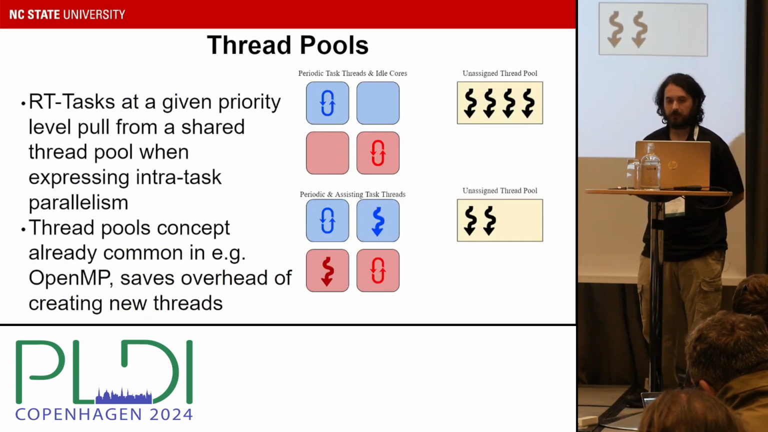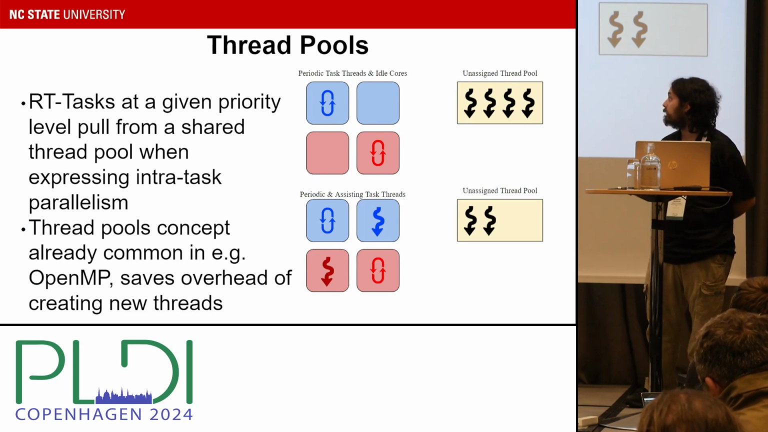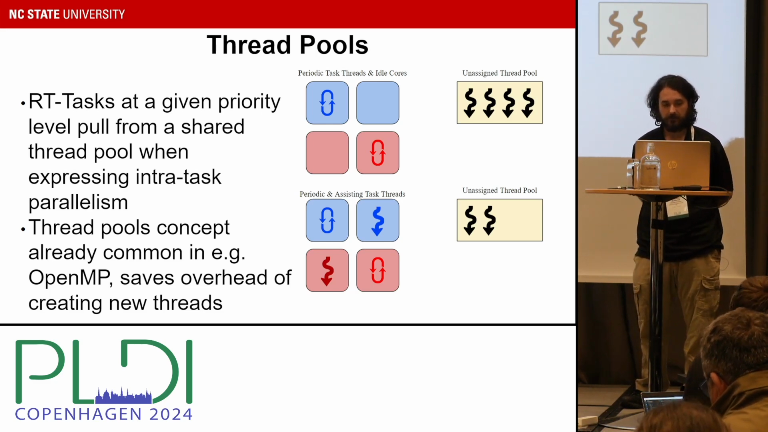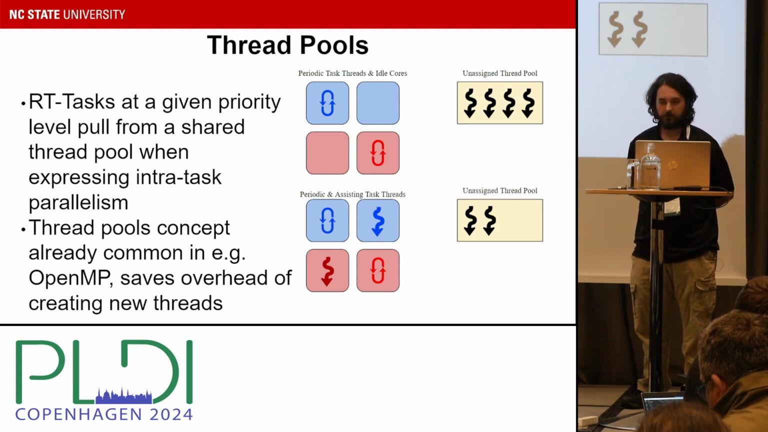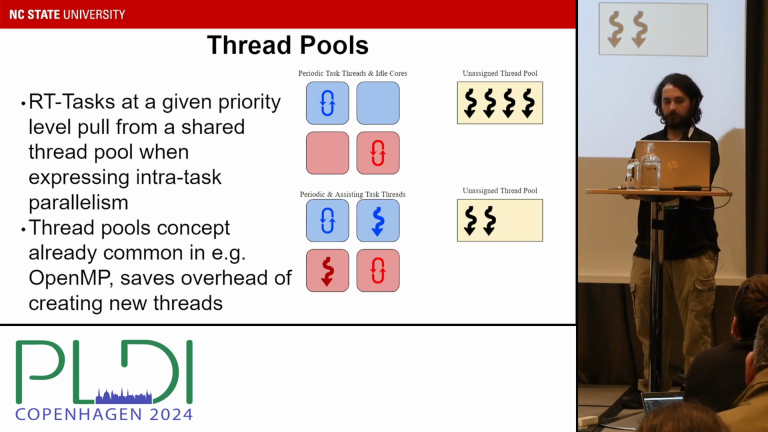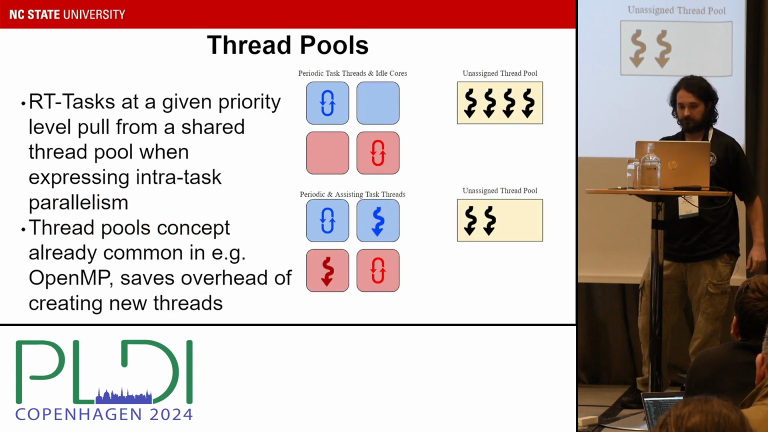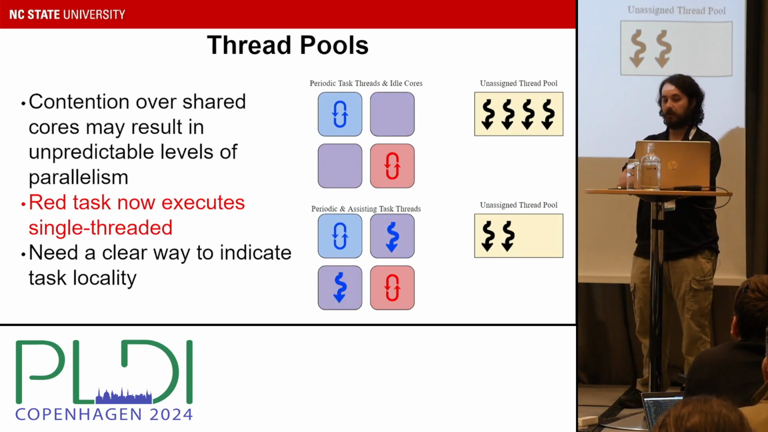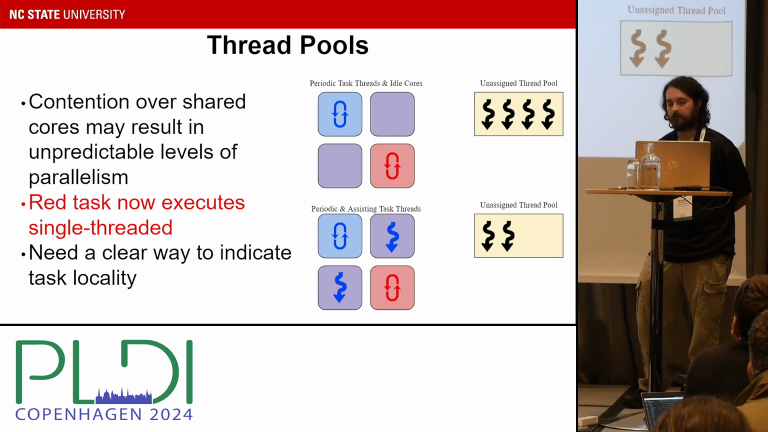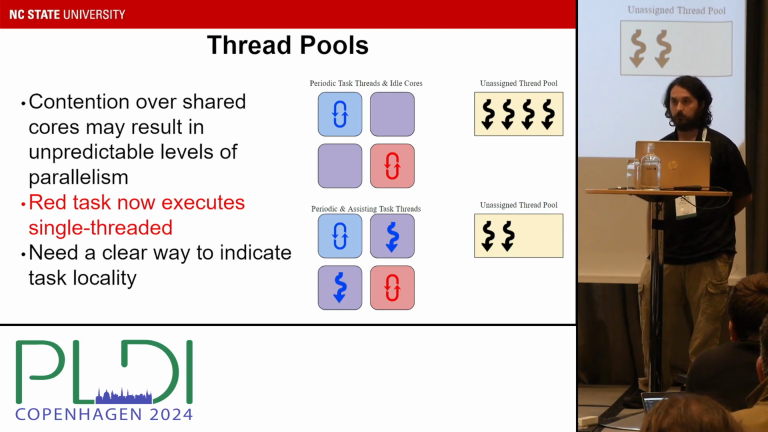To express how the thread pools work, RT tasks at a given level of priority pull from a shared pool of threads. The size of this pool of threads is determined at compile time. Thread pooling does already exist in OpenMP. Let me see. Yes. So an example of an issue that can come up is contention over threads pulled from the shared pool